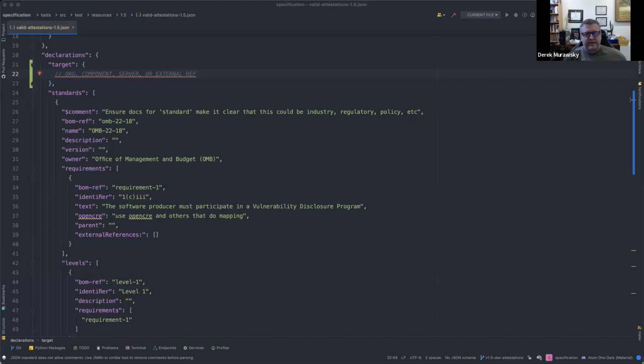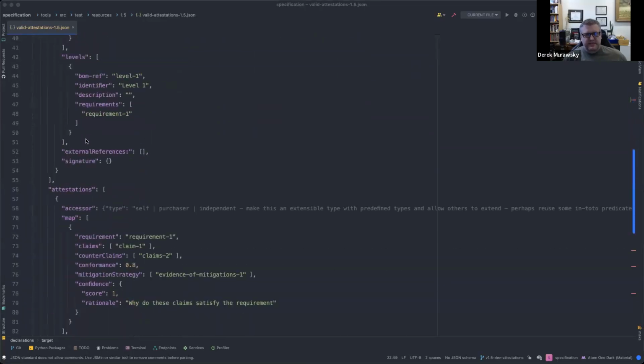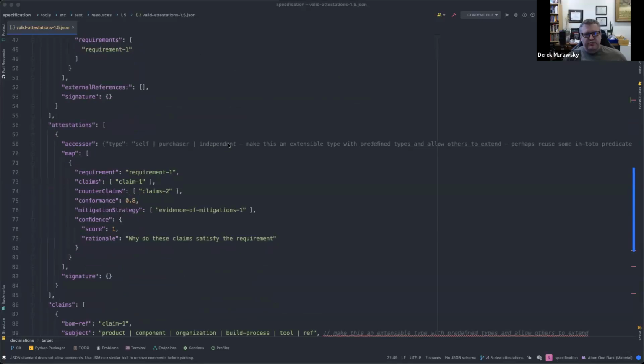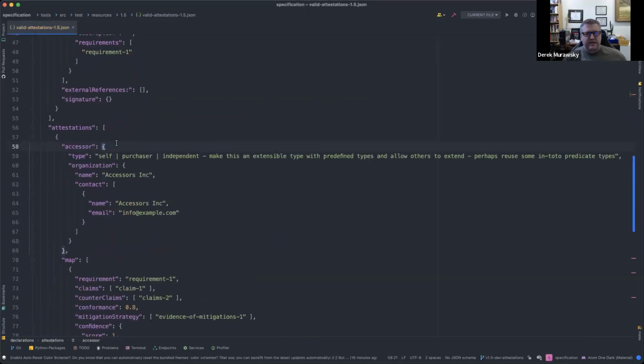So I would think that within that attestations object, the attestations array, where we have objects that contain assessors, we may want to just put in there a subject, and that way you can have a subject of an attestation. And that would be a required field, because one way or another you need a subject, but then everything else could theoretically be optional even. But I think that's maybe, in our current framework, the right place to put it, if that makes sense.